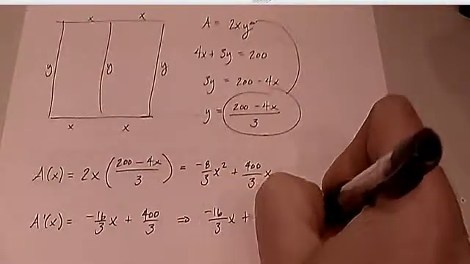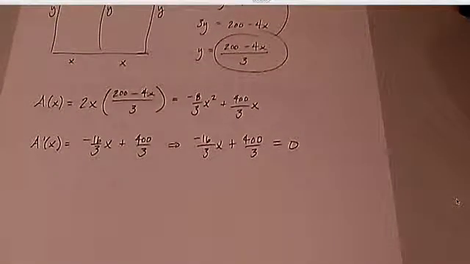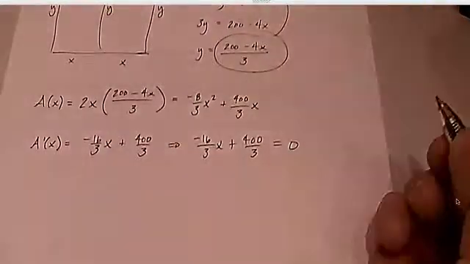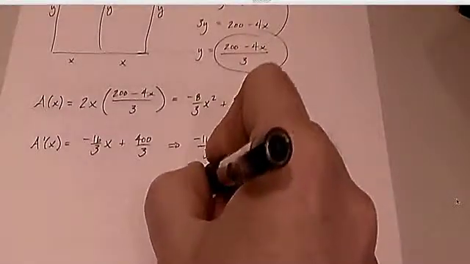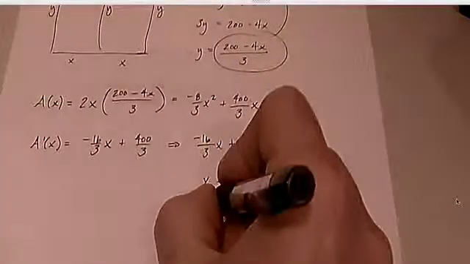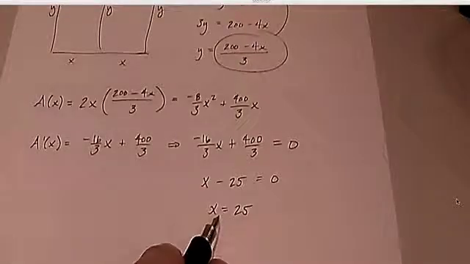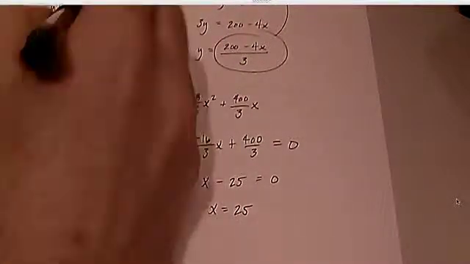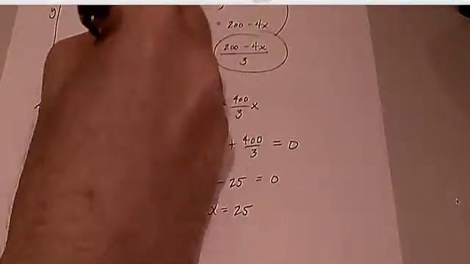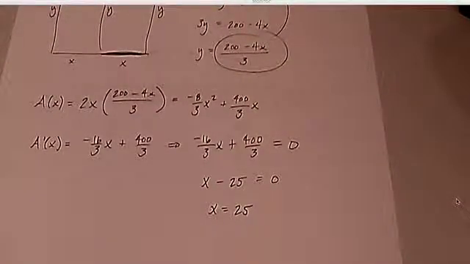That doesn't wind up being all that bad, because the moment you set it equal to 0, you can multiply through by negative 3 over 16, and you're going to get x minus 25 is equal to 0, or x is equal to 25. That right there is simply the length of that portion, that x value, that will make the maximum